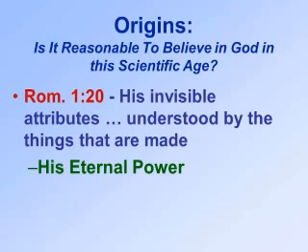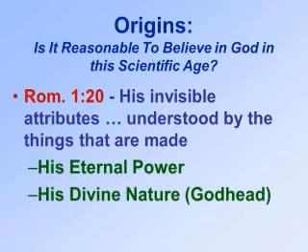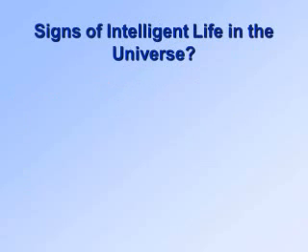The Bible makes that same argument in Romans 1. And it says you should at least be able to determine there is a being with eternal power and of divine nature, which means it's beyond this system. It's not part of nature. This being has to be beyond nature. And those things you should be able to tell just by examining the natural world. That's the argument out of Scripture. All right, but I use that only to illustrate to you that this book makes the same kind of argument we're going to be making in this series.